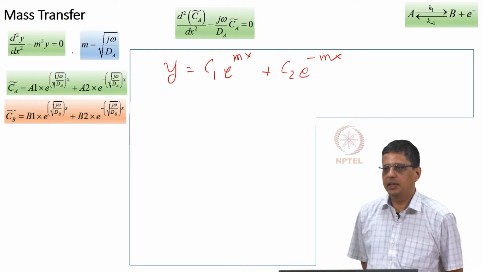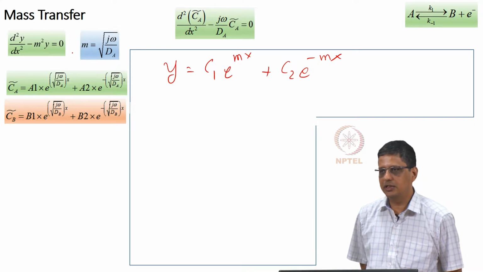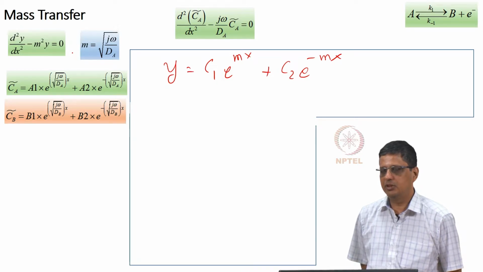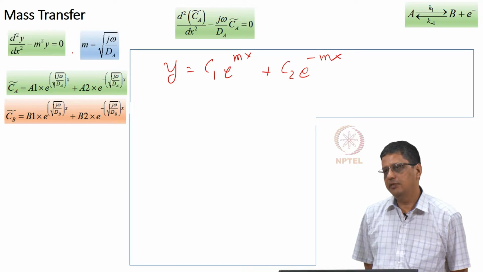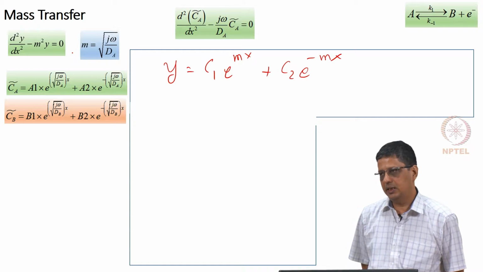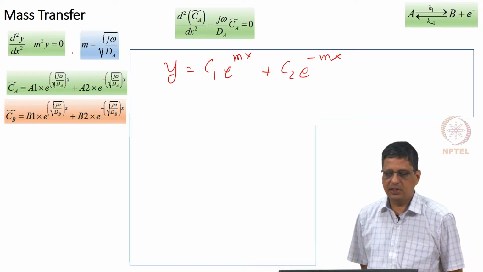Now, we want to get the integration constants A1, A2, and likewise we will solve it for B1, B2. Actually, we will not solve it, I will just tell you this is the solution, but if you know how to solve it for species A, you can solve it for species B also. So, we have the flux equation, we have boundary conditions. We are looking only at the surface, we want to get the concentration at the surface, but in general this equation is valid throughout this boundary layer.